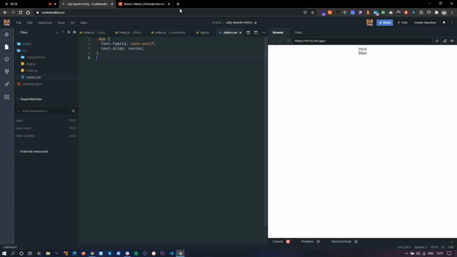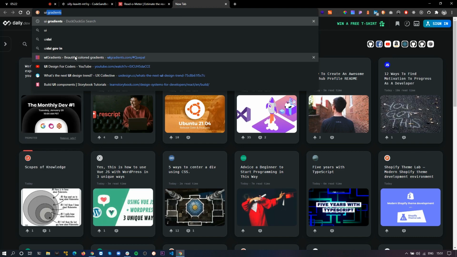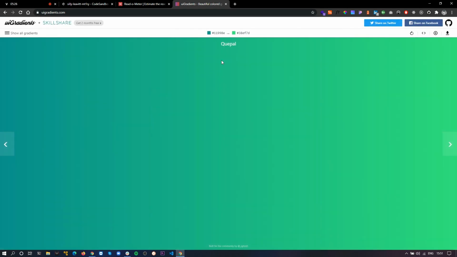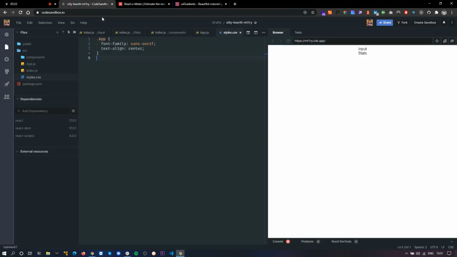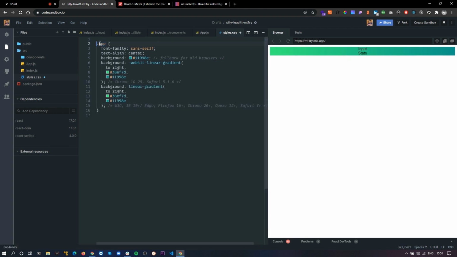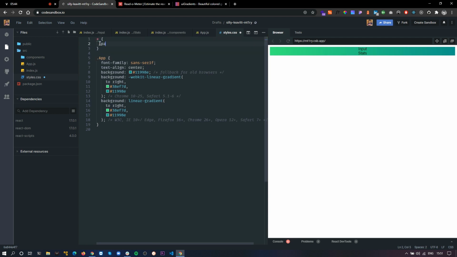For this tutorial, I'm going to go to UI Gradients, and this one looks nice. I'll just copy this one and paste it. Before everything else, let's get rid of this default padding and margin.